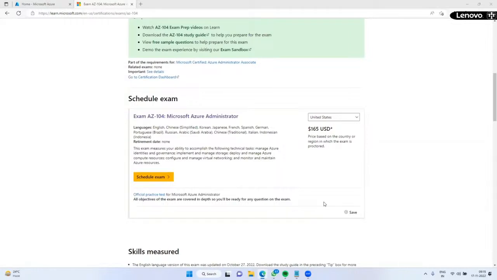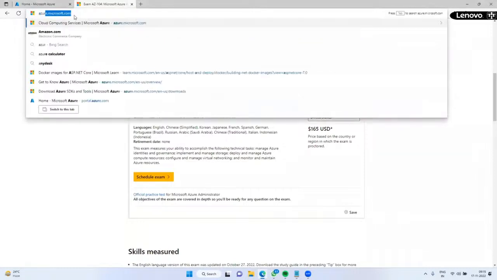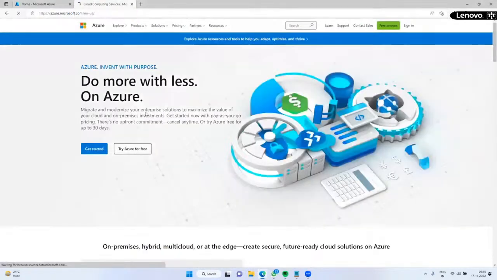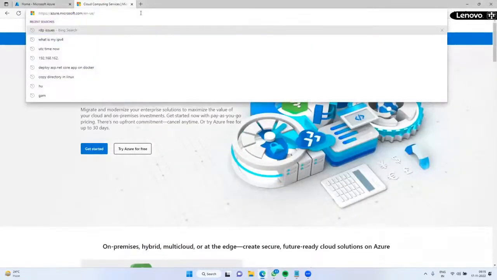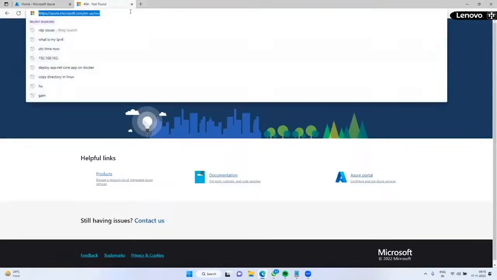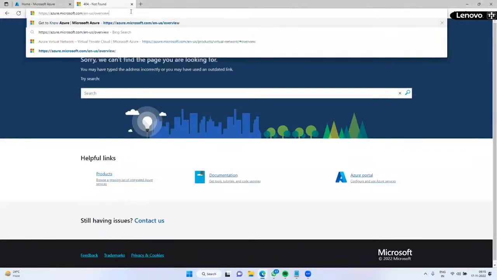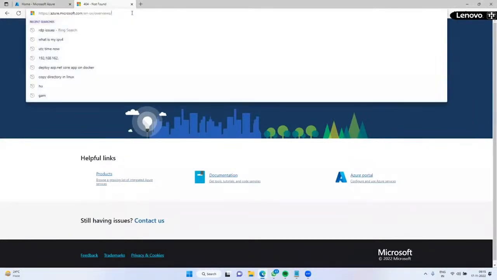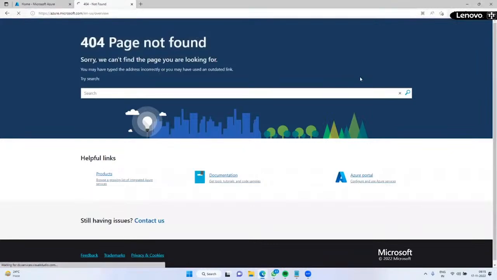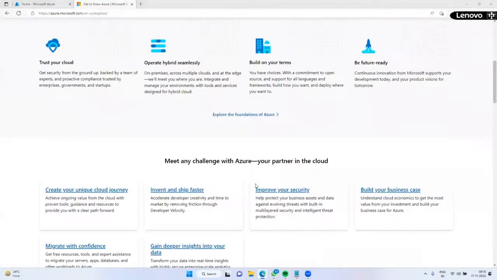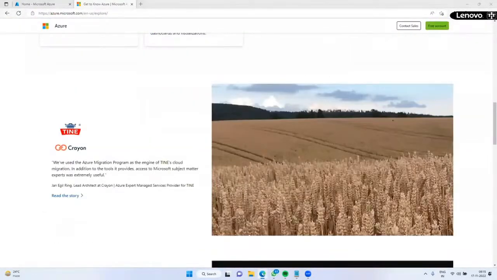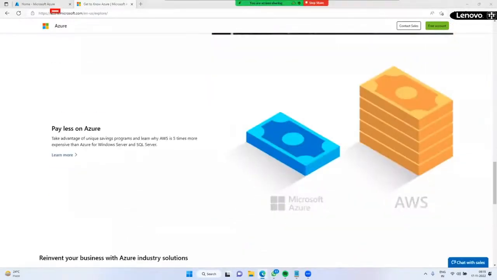Any more questions? See here, if I go to azure.microsoft.com overview, Microsoft itself has provided a difference between AWS and Azure. This is the Microsoft official site.